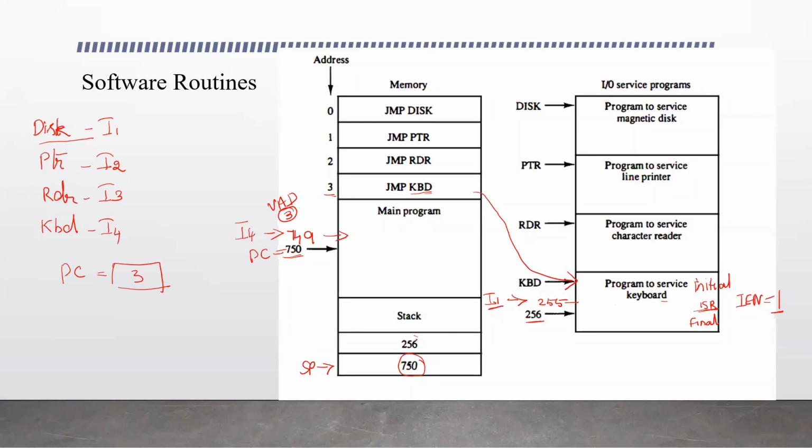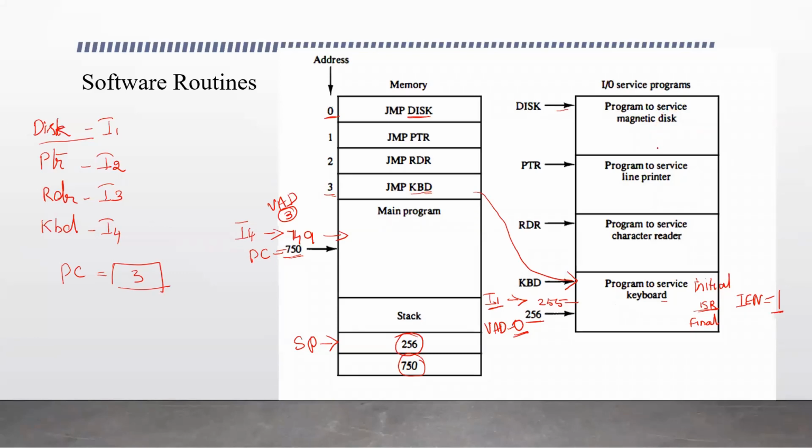Here we have at the top of the stack 256, and SP is decremented, so SP will be made to point to this. And the control, the vector address the device sends, let's say it is 0, so the control will be taken to this location, and this jump instruction directs the transfer of control. So jump disk, we have the address disk, so here it goes to this location and executes the set of instructions. The interrupt service routine to service the magnetic disk is being executed.